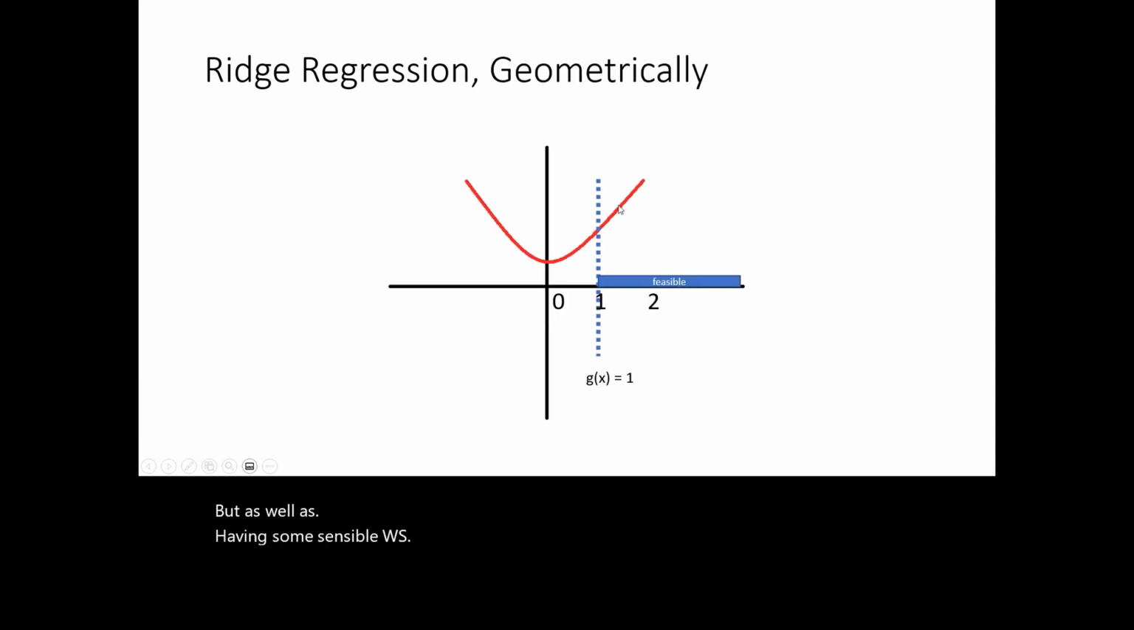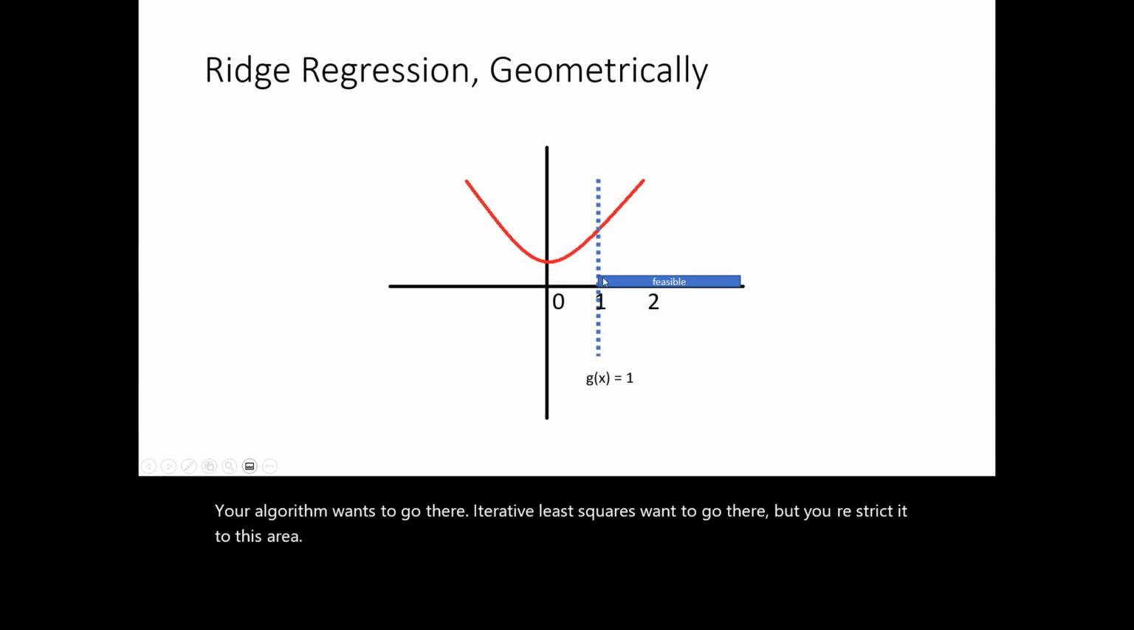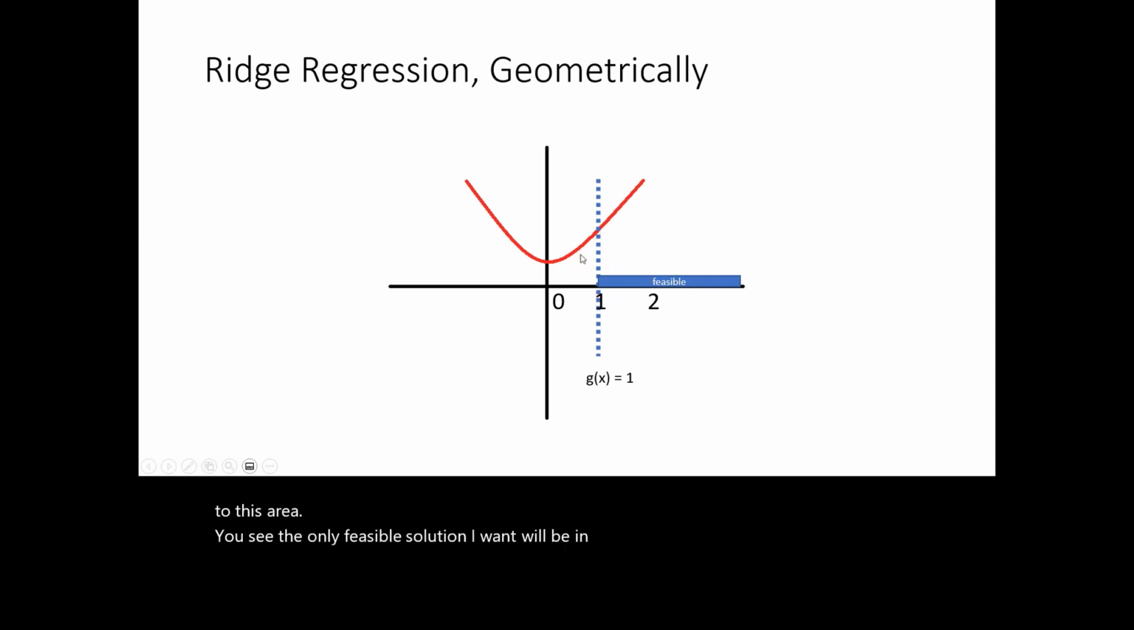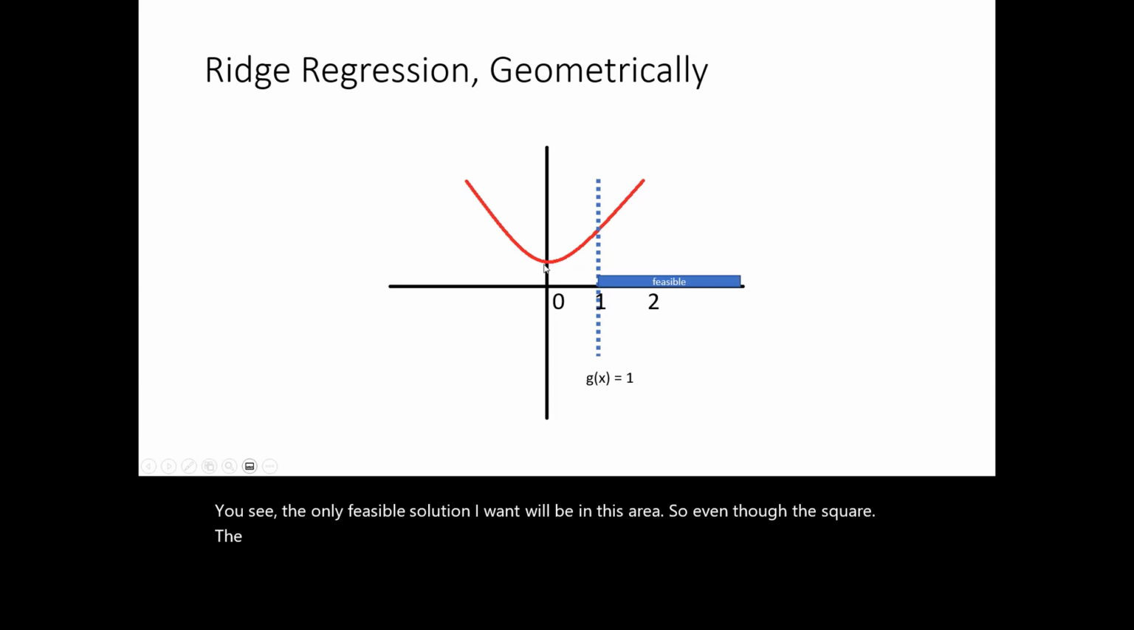If this is the error function, this is the best point. Your algorithm wants to go there. Iterative least squares wants to go there, but you restrict it to this area. You say the only feasible solution I want will be in this area. So even though the global minimum of the least squares error function is here, you will get this